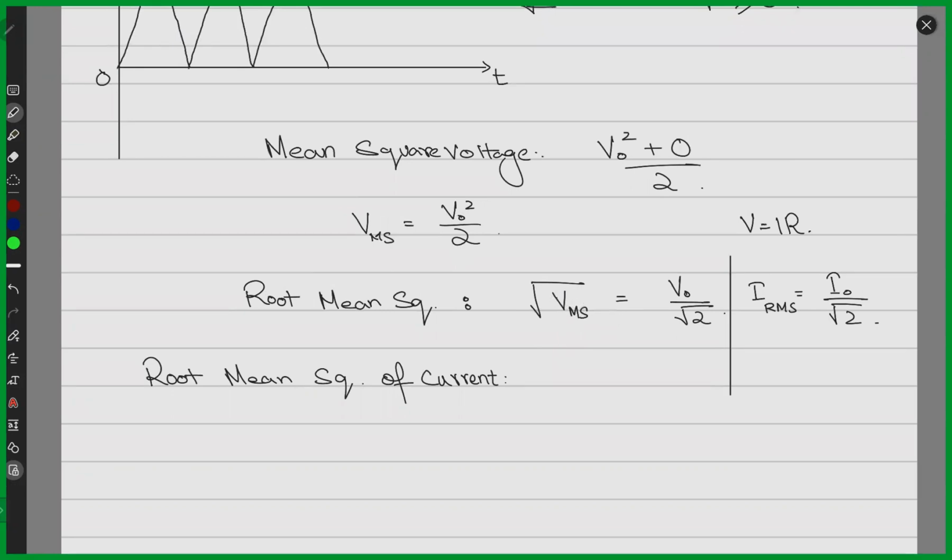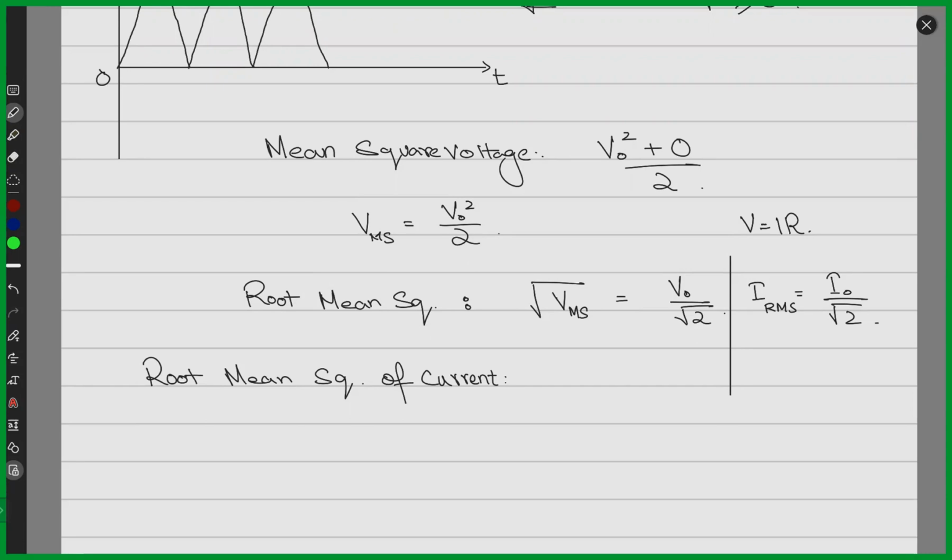Oh, because unless you square root it, the value you're getting is for V naught squared, right? You want the value for just V, right? You want the dimensions to be just for potential, if you're calculating voltage. So you take the square root of V naught squared to get voltage, and then you just give it a new name, root mean square voltage. So it is just a value of voltage, a value of current, and that value corresponds